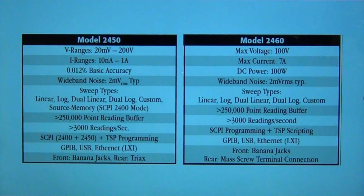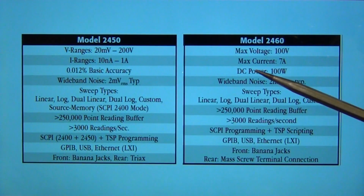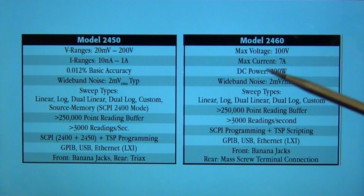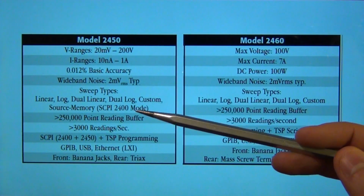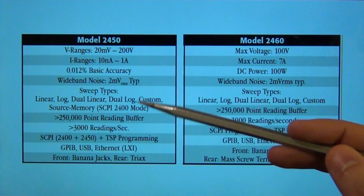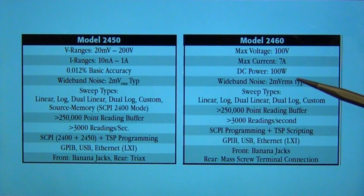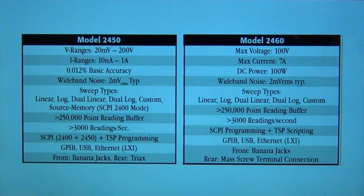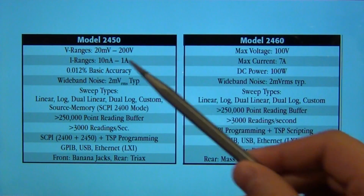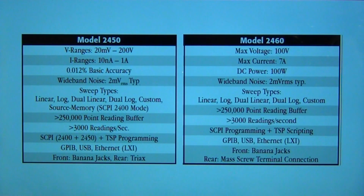So if I were to just do a very quick comparison, you can see that the main difference really between the 2450 and 2460, aside from the current consumption, is that the 2450 focuses on very low current and voltage measurement and delivery capabilities. So it's more of a precision, very low noise instrument, very high dynamic range, and the 2460 essentially moves that dynamic range of voltage 1 decade up in order to be able to achieve everything that it does. And everything else is pretty much the same, and I suggest that you go ahead and look at the data sheet, a full specification of the 2450 and 2460, to find out which one is more suitable for your